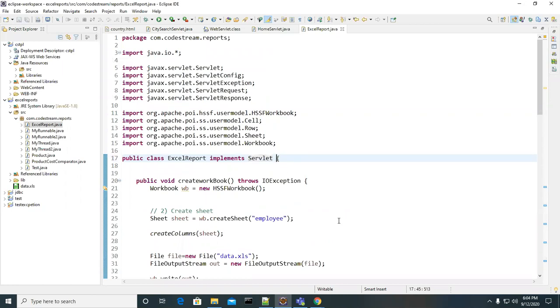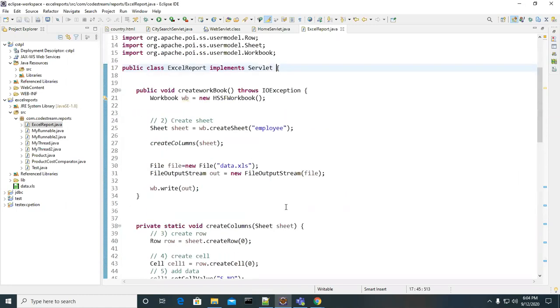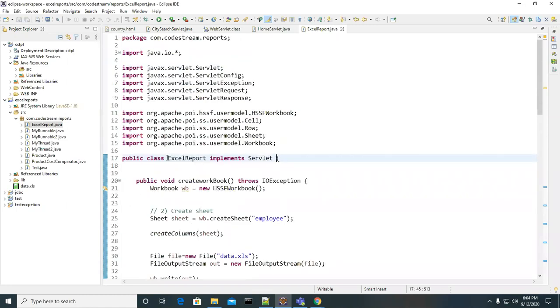Okay, so this is not the first time I explained this. I explained it many times, and we tried examples on it. If you want to implement any servlet program, one main thing is you have to implement, whether directly or indirectly, the servlet interface, which is in javax.servlet.Servlet.